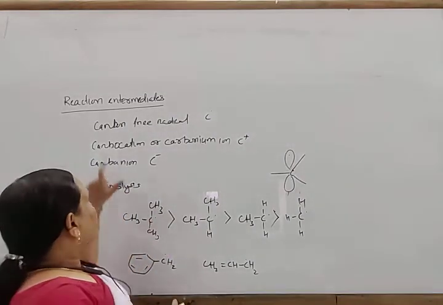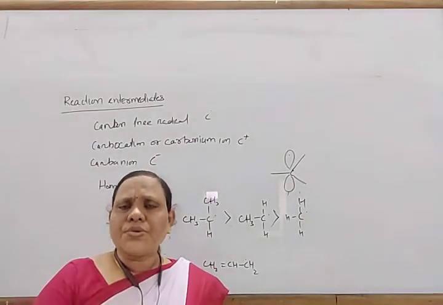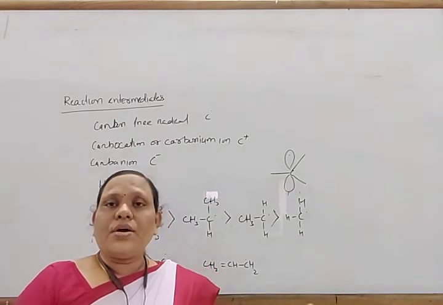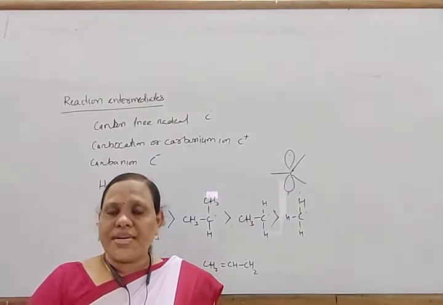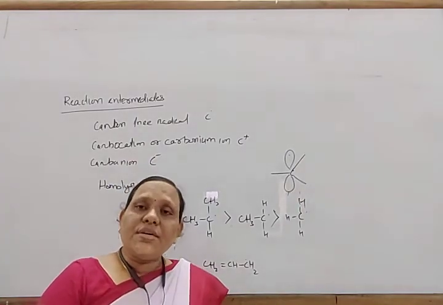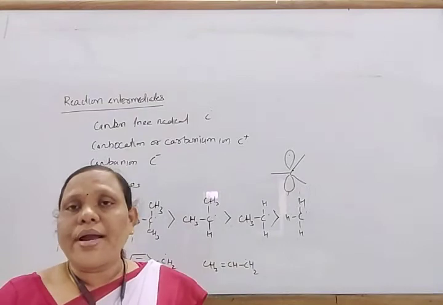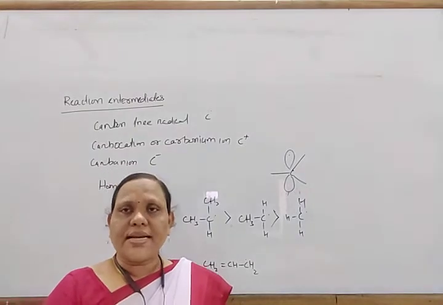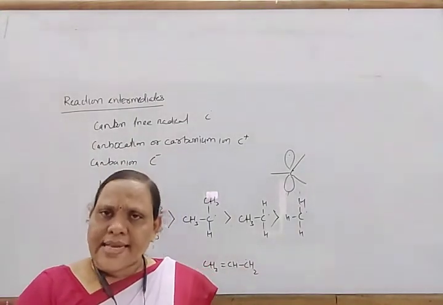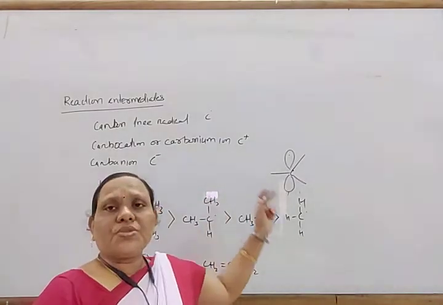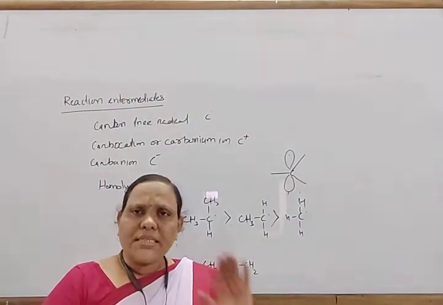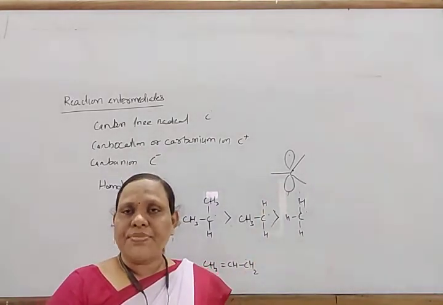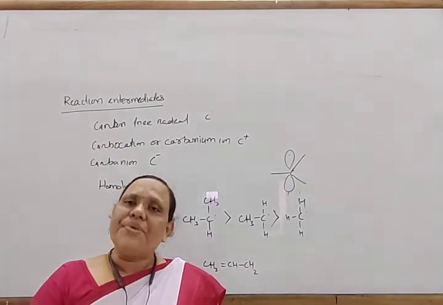So this is about some reactions that proceed through free radical mechanisms: the reaction of methane to form the different chloroderivatives in the presence of sunlight, and the addition of hydrogen bromide to alkenes in the presence of organic peroxides. Most reactions of alkanes generally take place through this free radical mechanism. Okay, so this is some idea about free radicals.